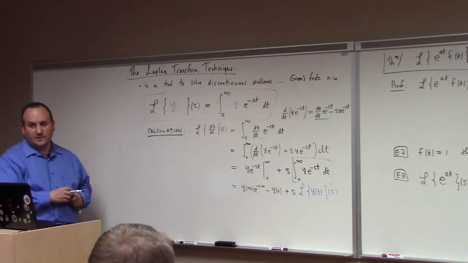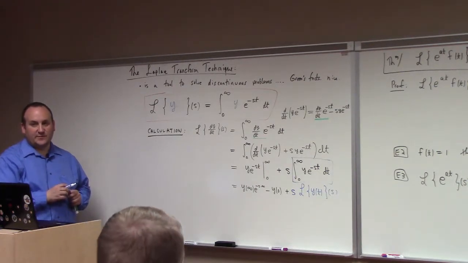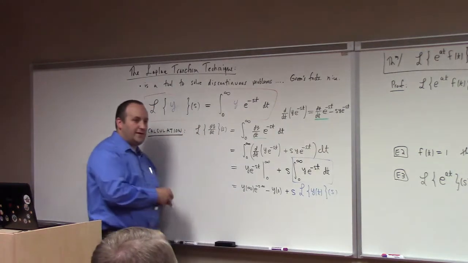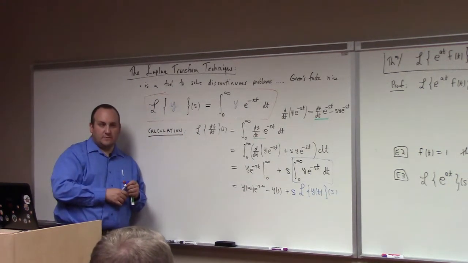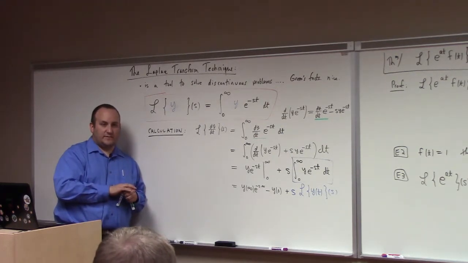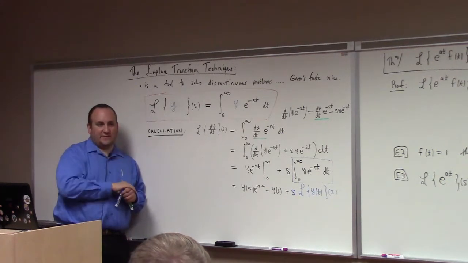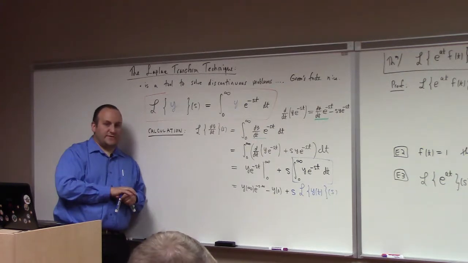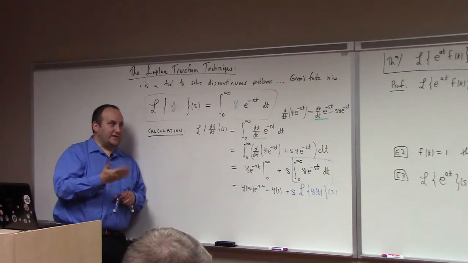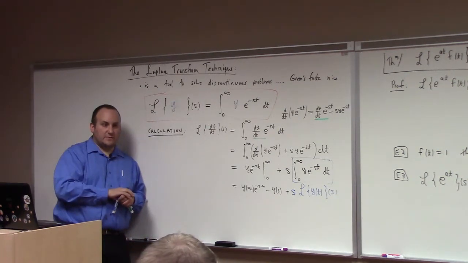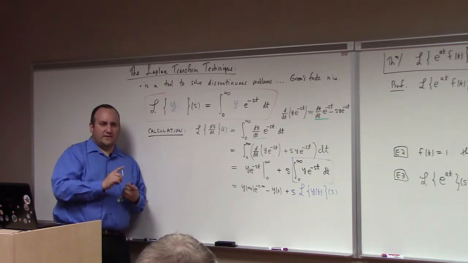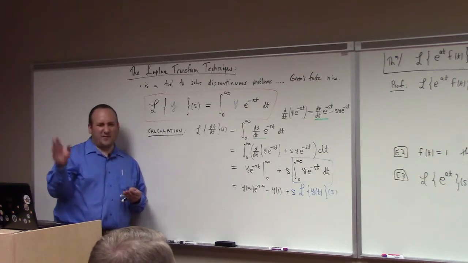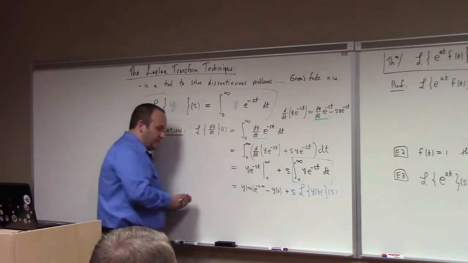Now, the first term, if y is well behaved, right? The first term drops out because, you see, what do you need in order for this term to go to 0? You need y not growing faster than what? If y grows faster than e to the minus s, we're kind of in trouble, right? So more or less, if y is bounded by some exponential, then it's okay. In short, y has to be exponential order alpha for the Laplace transform to exist. I've kind of buried that under the rug here at the moment. But there is a condition that you need on the function for the Laplace transform to exist. So it has to be what's called exponential order alpha. Sine, cosine, exponentials, and pretty much everything we're interested in is exponential order alpha. So we don't get in trouble. I'll probably talk about that next class. Long story short, for reasonable y, this first term drops out,